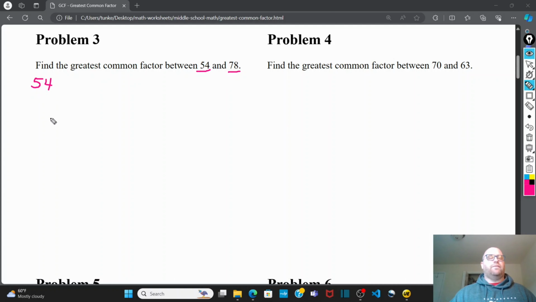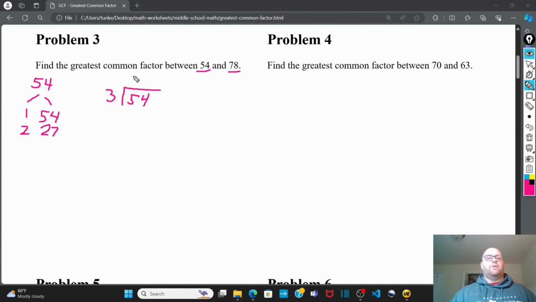So let's start listing out the factors of 54. So 1 times 54. We can also do, it ends in an even number, so 2 times 27. 5 plus 4 is 9. 9 is divisible by 3, so 54 would be divisible by 3. Let's do that